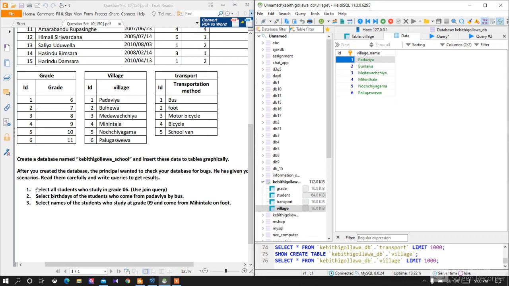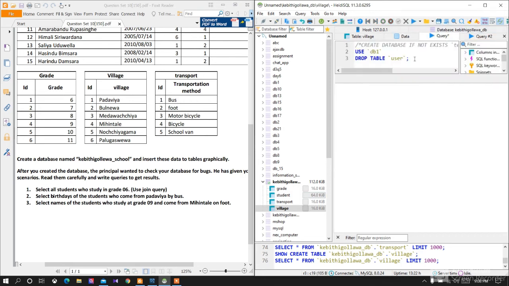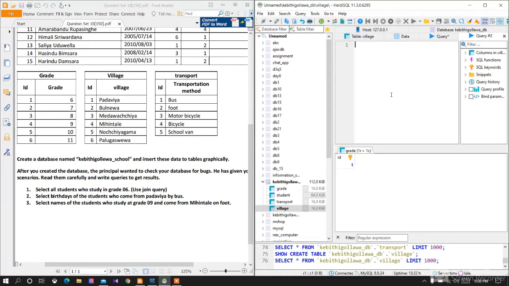So now I'm going to do this section. Select all the students who study in grade 6. I have to use join queries. I'm going to enter the query. I'm going to enter select, and just enter all from